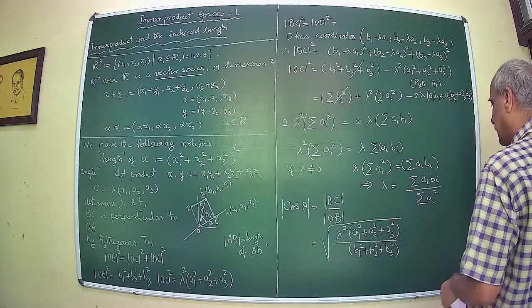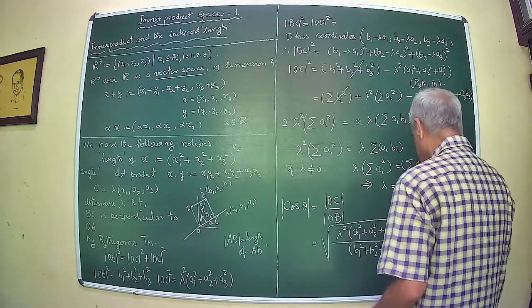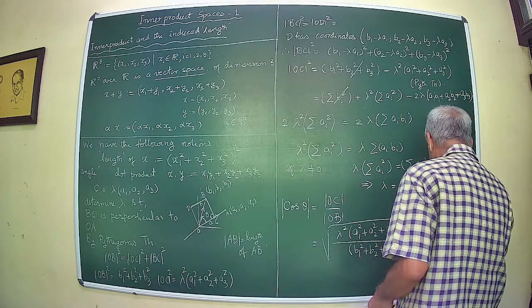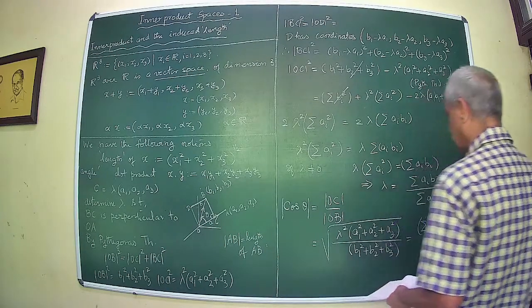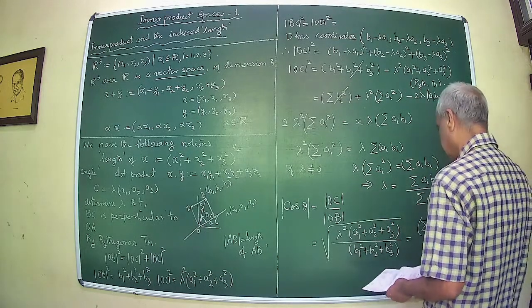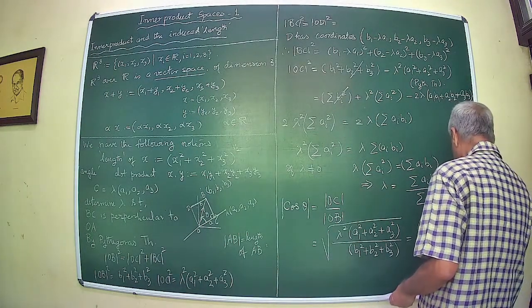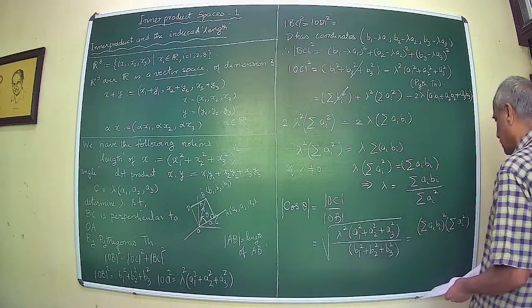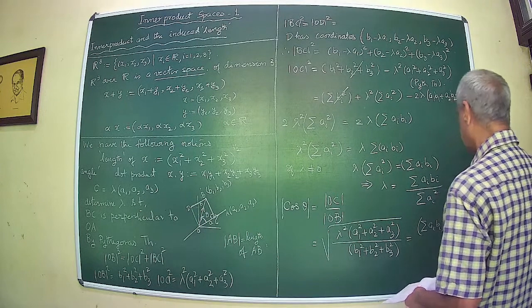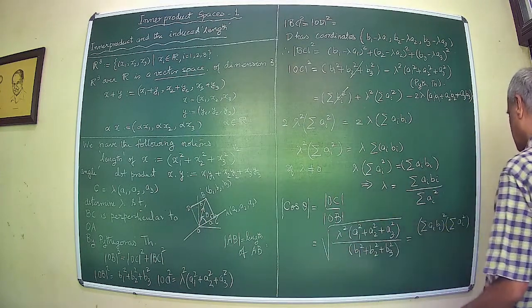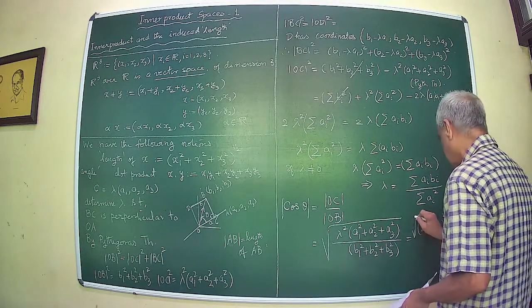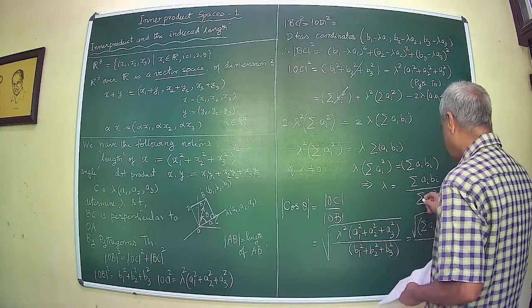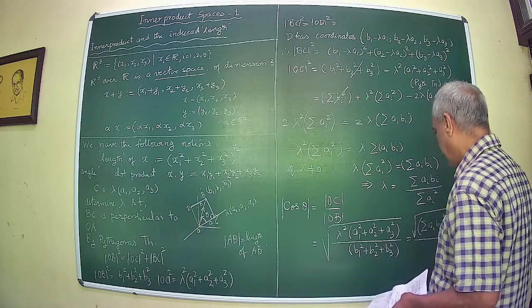So lambda is equal to, therefore this is equal to lambda square into, divided by what you have, lambda is sigma ai square. So this is